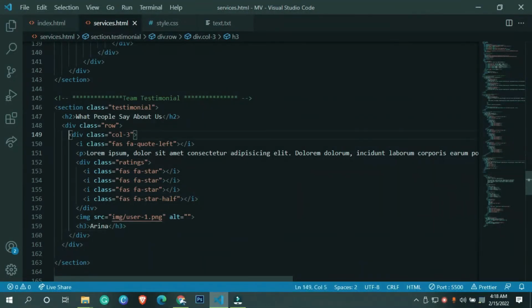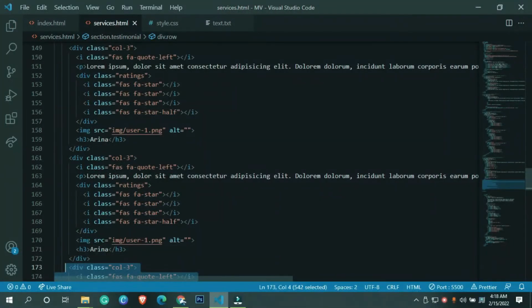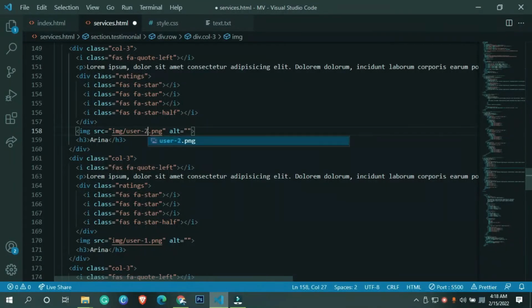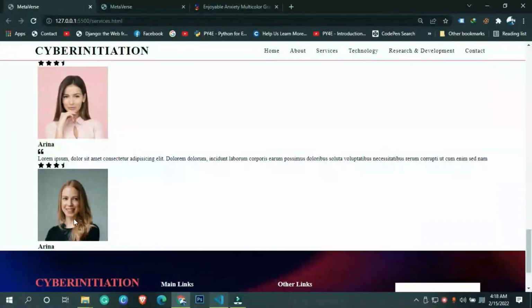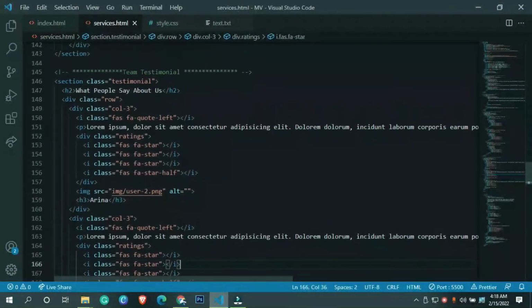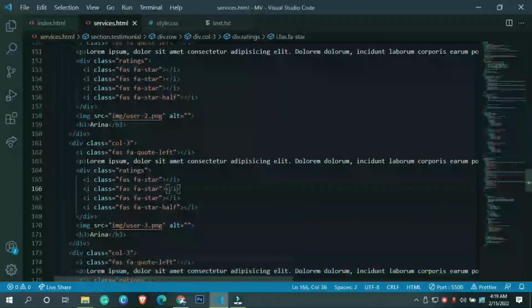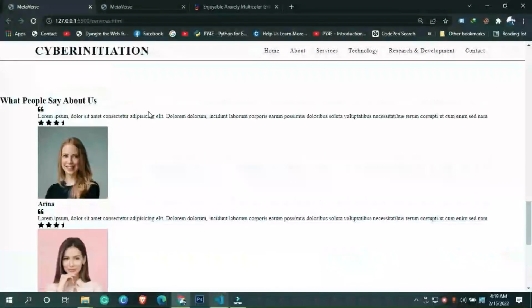And we need at least 3 columns, so I'm going to replicate all of these things, replicate it, and that's it. Now we can change the star, rating, and user pick name. So 1 2 3. After that, yeah, that's it. Now I can easily go and target the CSS. You can easily go for the rating and change the rating according to your convenience. Okay, so this is the first one,